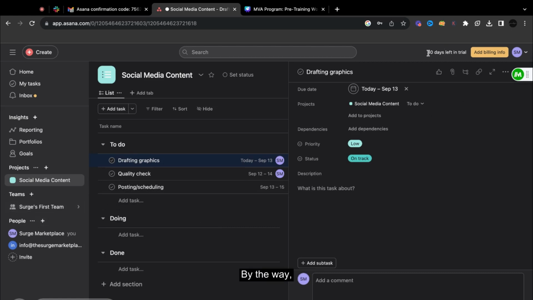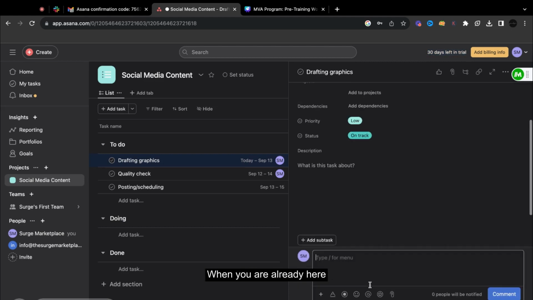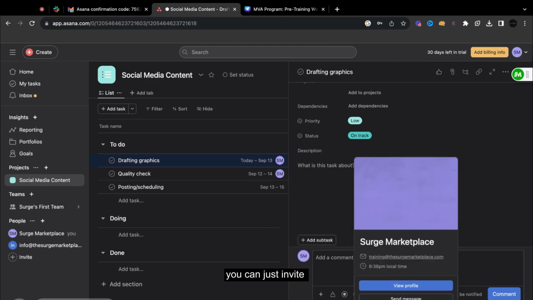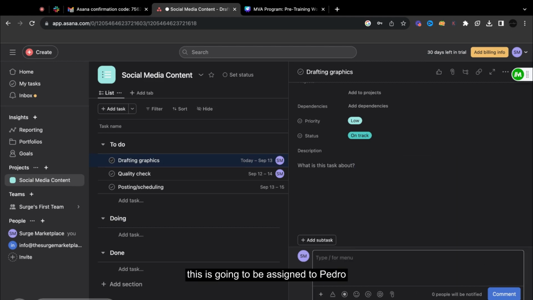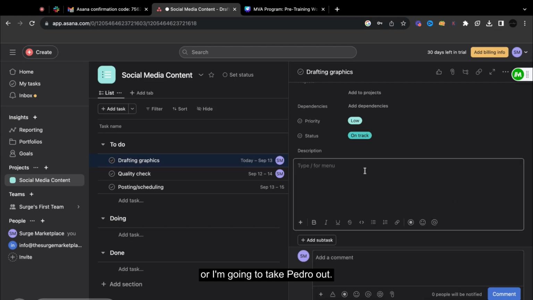By the way, this is under a 30-day trial, okay? And if you're doing this for a client, make sure that the client invites you. When you are already here, you can just invite or remove people, okay? This is going to be assigned to Pedro, or I'm going to take Pedro out, okay? And then you list down the tasks. So create